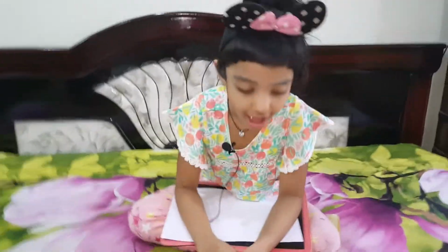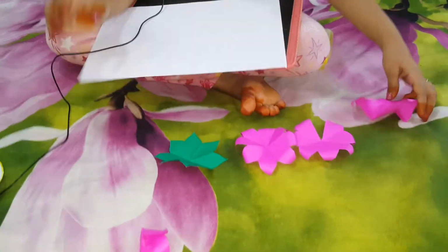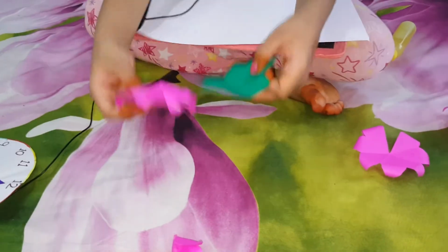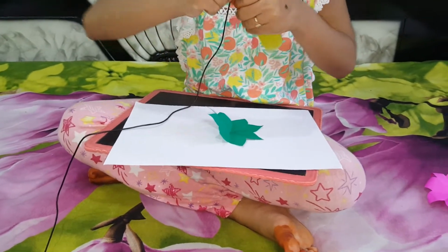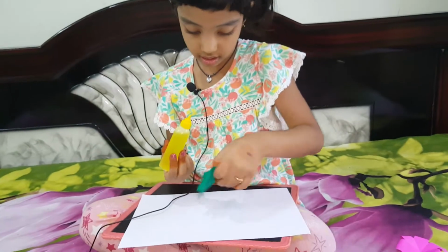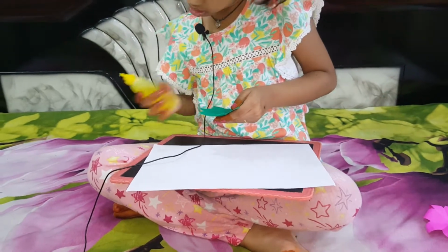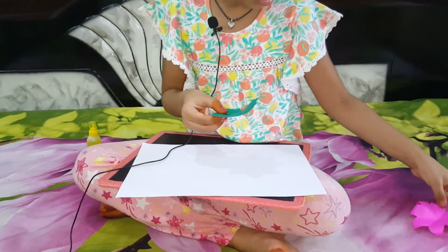Now, I took the pink flowers to make a big flower. First, I'm going to paste the first pink flower. I'm going to take the gum and I'm going to apply a small drop. Now I'm going to paste